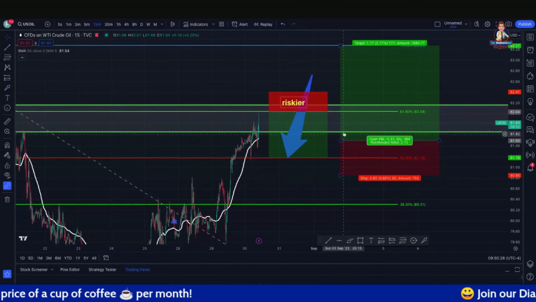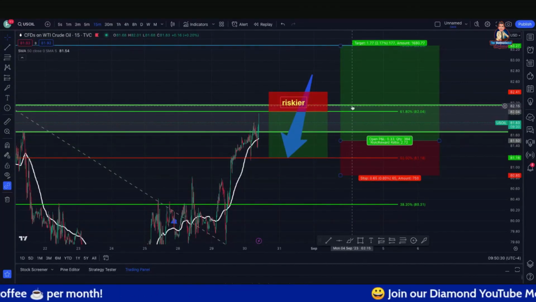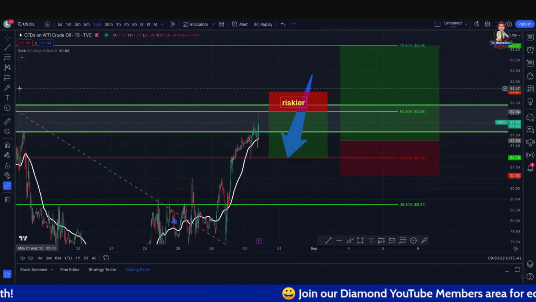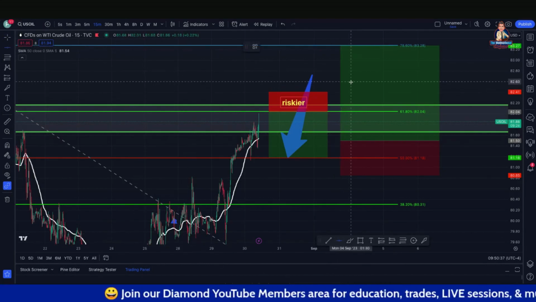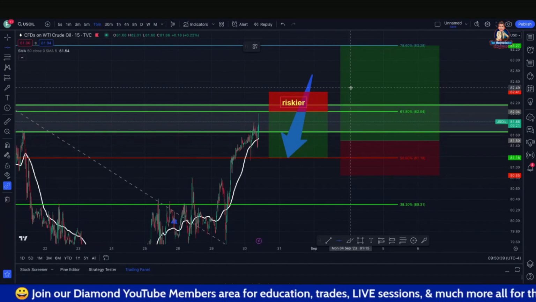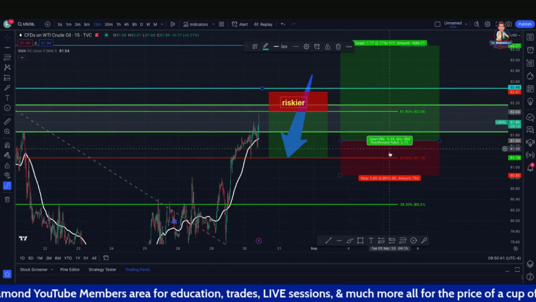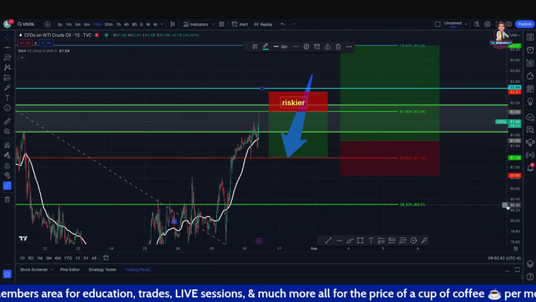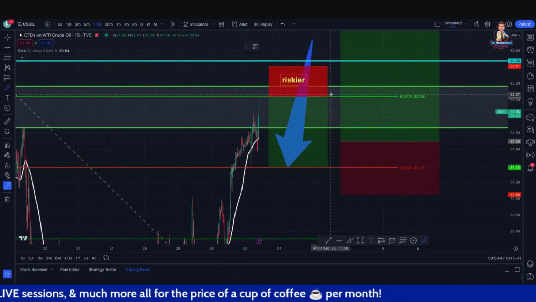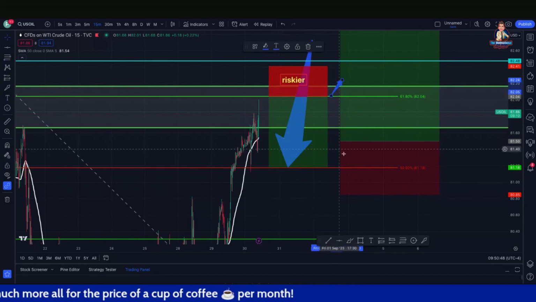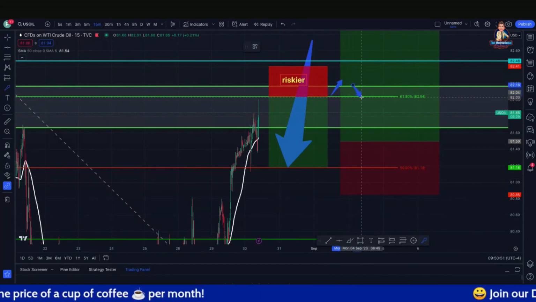If we go above 82, we're going to go up to at least 82.50. So this would be your first take profit. Let me grab a line here. 82.50, I'll actually make it 49.48. That'll be your first take profit. If we go above here, then we're expecting price to come back up, then price to retest this area, and then go back